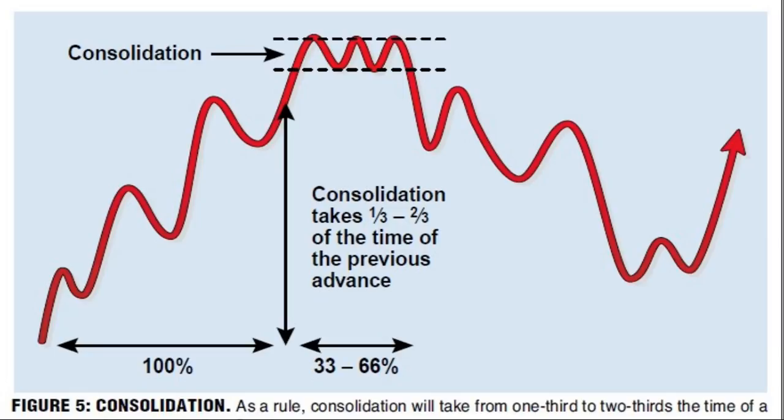Another one is, as we said, that in Dow parlance we have something called a consolidation or a line. That is, after a market goes up, rising peak, rising trough, it could just hover in a particular place. If it hovers in a particular place in which the time spent is between 1/3 to 2/3 of this time, say from this start to here took 3 months, then the stock or the index was in a range for at least the next 1 month. If it is in range for the next 1 month to 2 months, 1/3 to 2/3, remember? So if this move is 3 months, this range must be a minimum of 1 month to a maximum of 2 months.